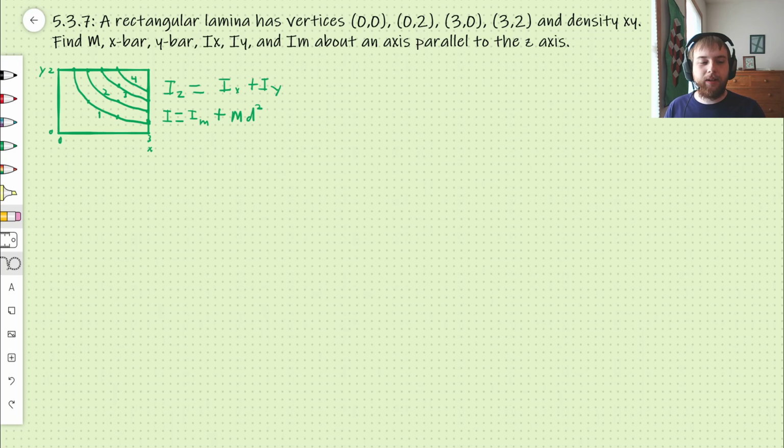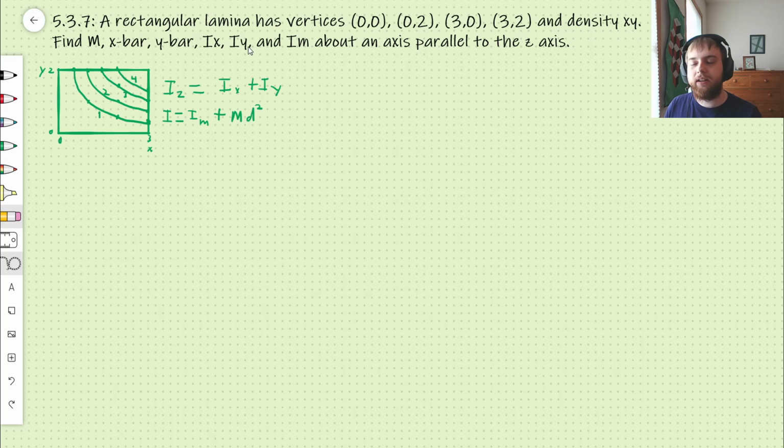Hello everybody, welcome back. Today we're going to take a look at a type of problem that you can solve using multiple integrals. Okay, so we have a rectangular lamina here that has these vertices and this specified density function. So we're supposed to find the total mass, x bar and y bar, which are the coordinates of the center of mass,